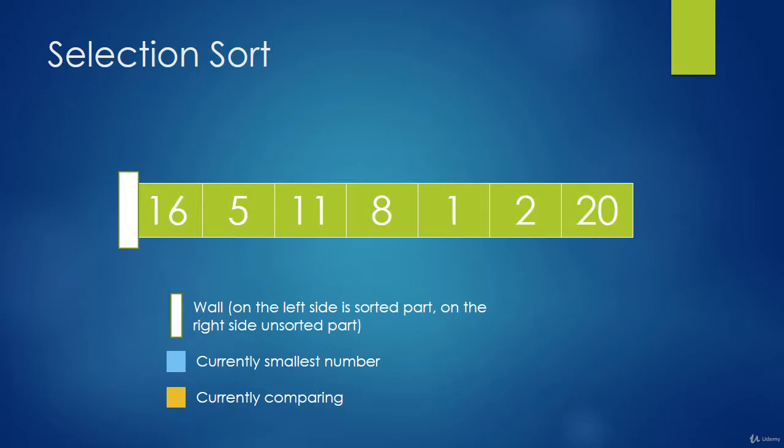But computer is not a human. He cannot see that 1 is the smallest. So he has to compare every number in unsorted part and then he knows the smallest. So we take first number of unsorted part and compare it with every number behind. If we find smaller number, we are going to mark that number as the smallest and once again we compare it to numbers behind. When we reach the end of unsorted part, we know that we have marked the smallest